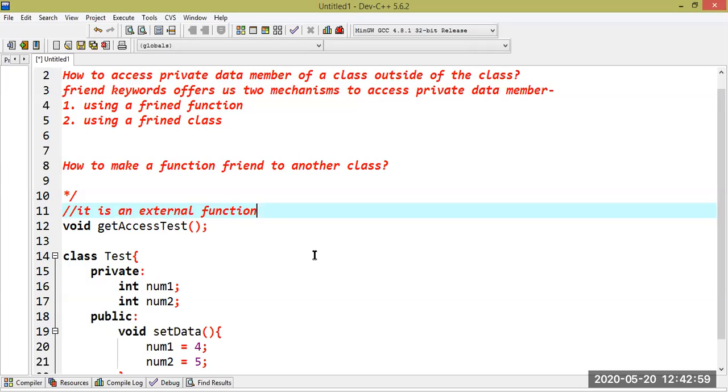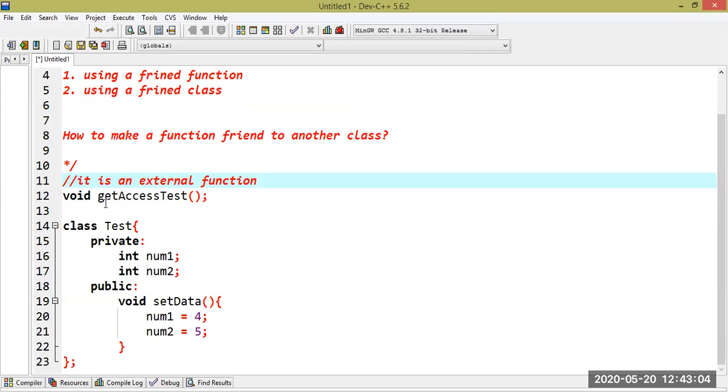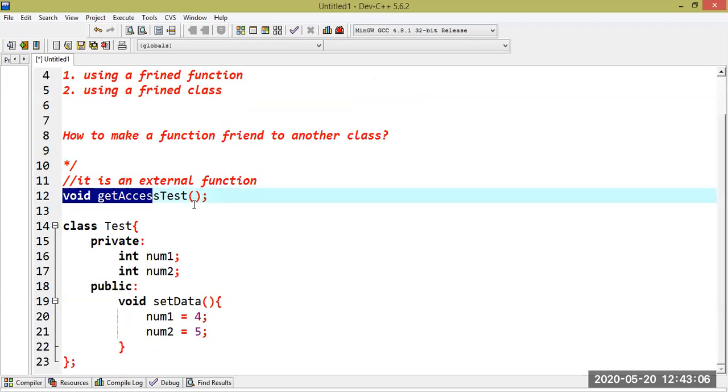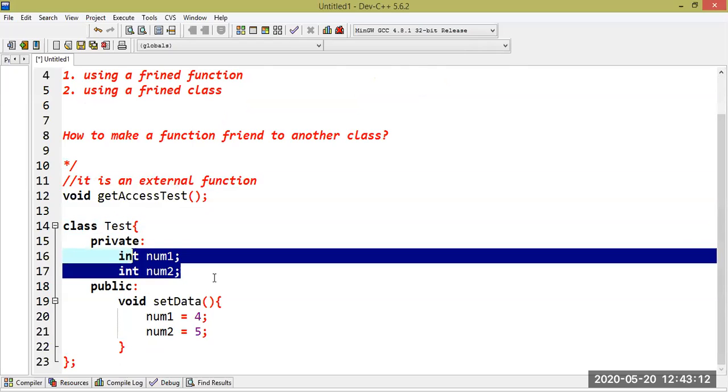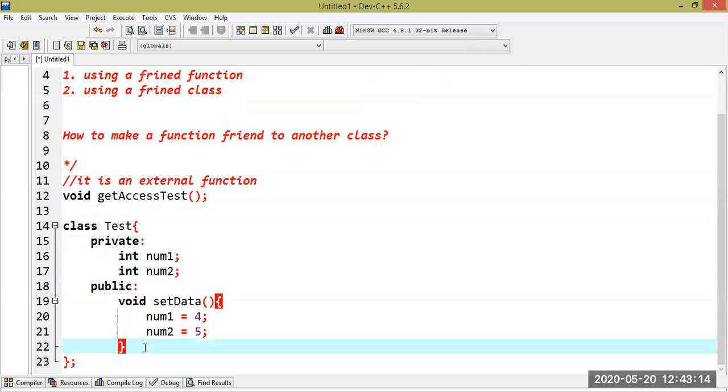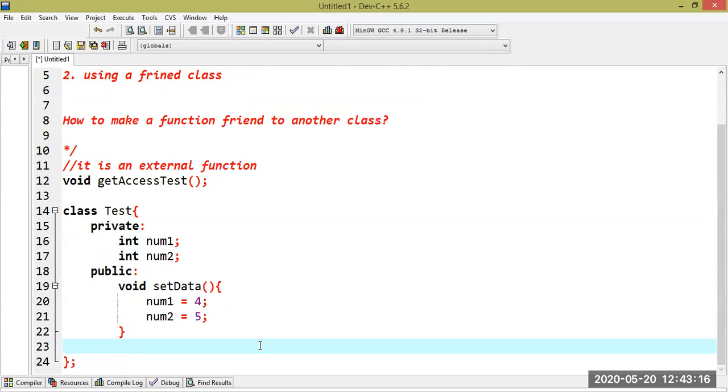It will be externally declared and externally defined. I want this function to become a friend function of class Test so that it can access the private data members of class Test. To do this, we need to make this function a friend inside the class Test.